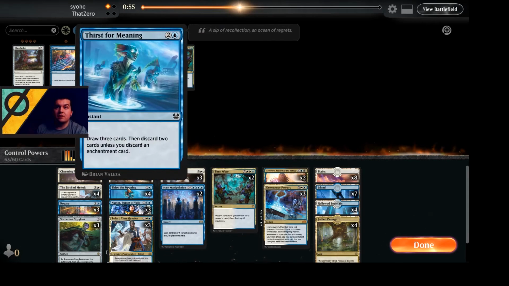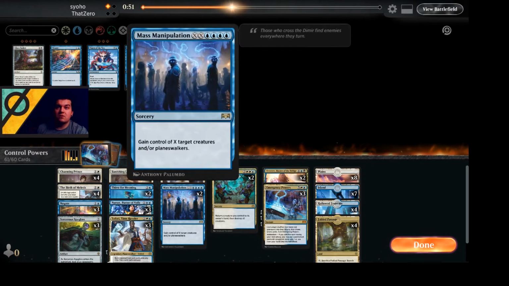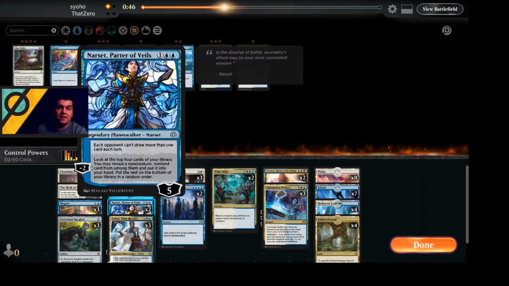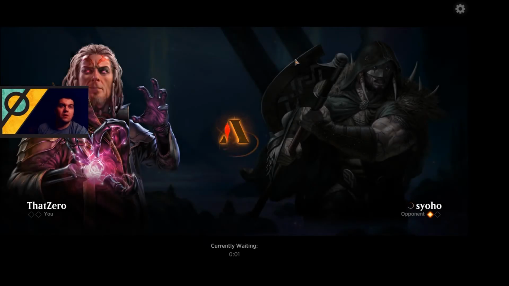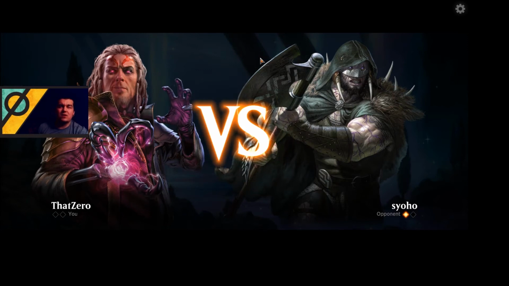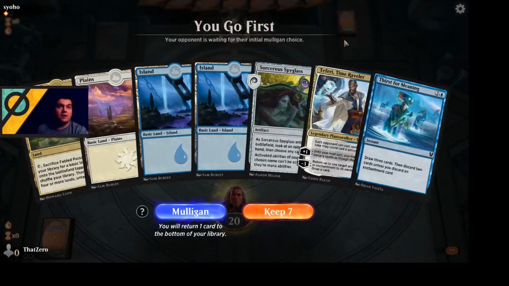Mass Manipulate played out really good. Because of the Narsets, I probably don't need as much Thirst for Meaning. And maybe just 2 Narsets will be good. Because it's not needed against them. If they're drawing cards, they're usually helping us. So we'll see how this functions. I'm curious to see how they sideboard it out. I would assume some negates for certain. Beyond that, I don't entirely know. I have not done a ton of best of 3 in a while, so